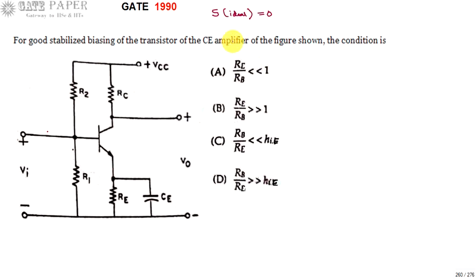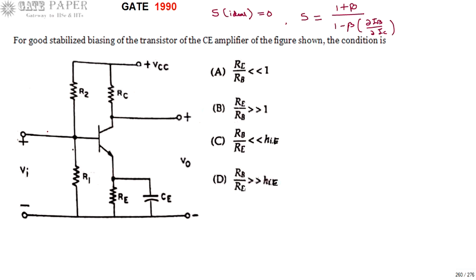And the equation for S, the stability factor for a common emitter transistor, is (1 plus beta) divided by (1 minus beta times dou IB divided by dou IC). This is the equation for the stability factor, and the ideal value is 0. So you are going to calculate this S factor for this circuit. To get dou IB by dou IC, we require an equation consisting of IB and IC terms. Then you differentiate with respect to IC, and you get this dou IB by dou IC term.